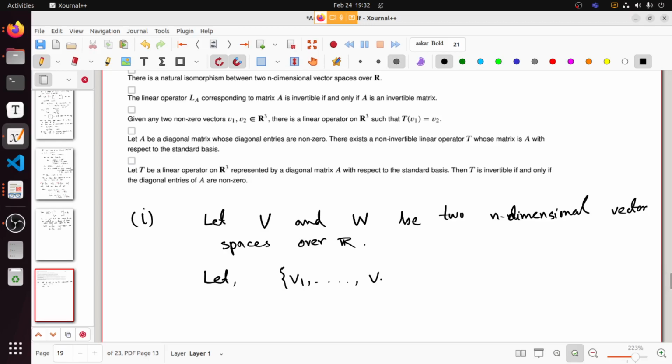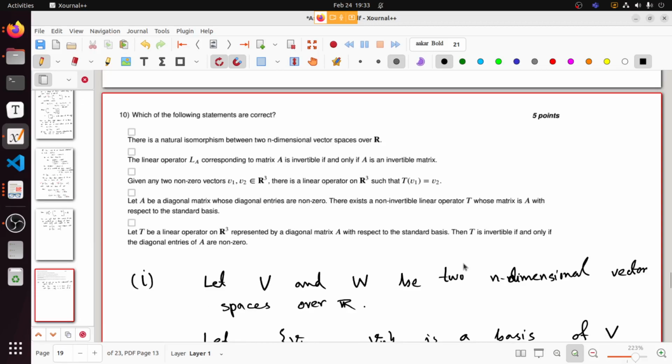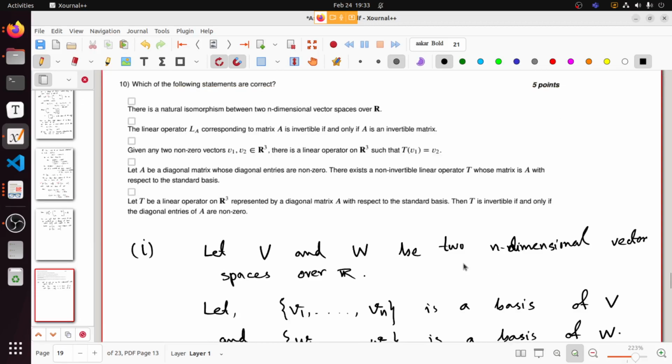Let v1, ..., vn be a basis of V. So choose any basis v1, ..., vn of V and choose a basis of W. Let w1, ..., wn be a basis of W, right? Now you have to show that there is a natural isomorphism, meaning an invertible linear map,